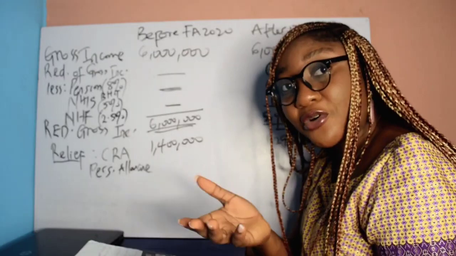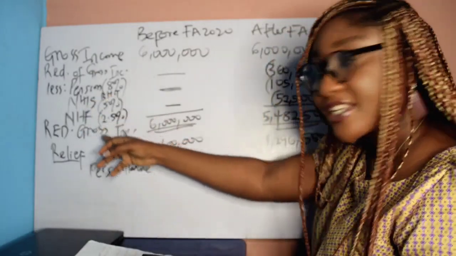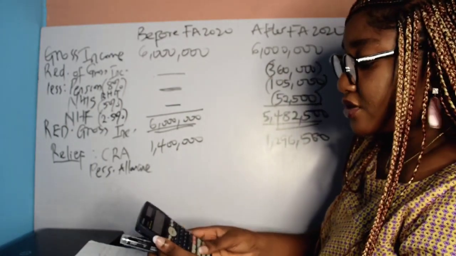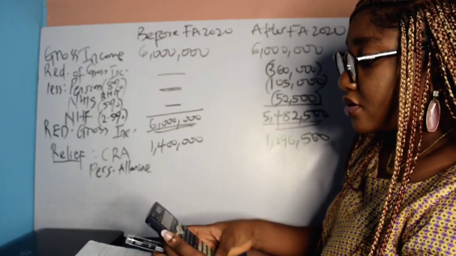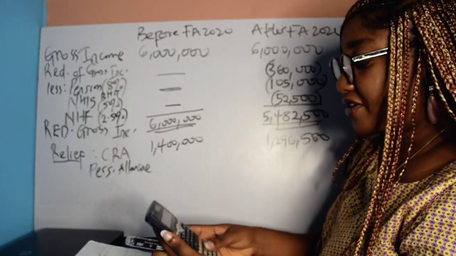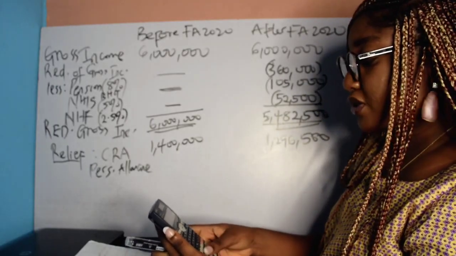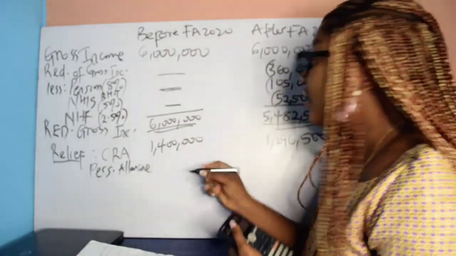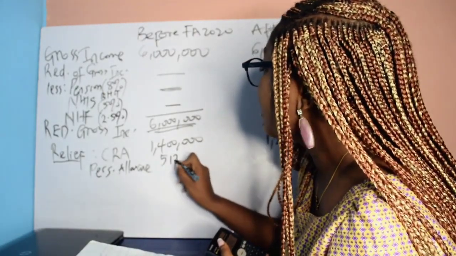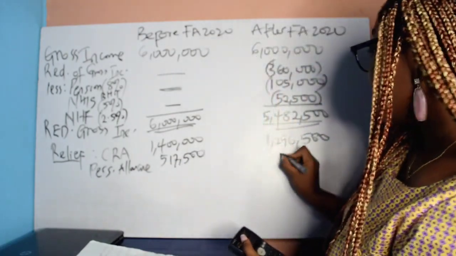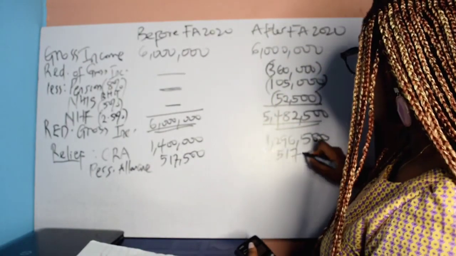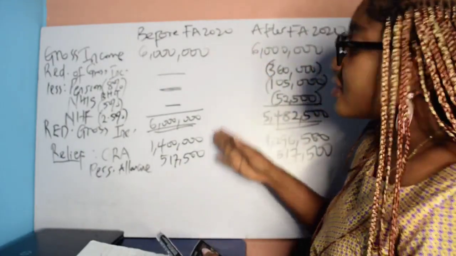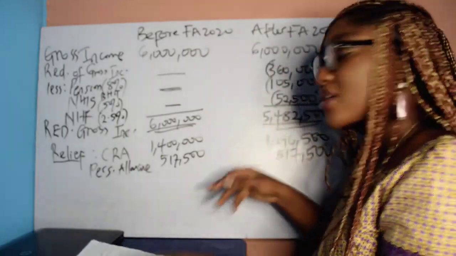So don't forget that we've already computed it, right? We've computed pension, NHIS, and NHF. 360 plus 105 plus 52.5, so let's just do that sharply. 360,000 plus 105,000 plus 52,500. So that's 517,500 naira. 517,500. So you can see that both before Finance Act 2020 and after Finance Act 2020, the allowance is still